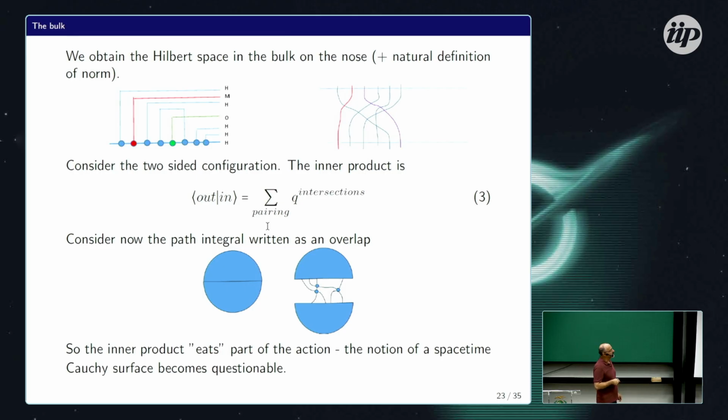Now, unlike the case of a single chord, we do not know how to turn this into an inner product which is diagonal, which is just the identity essentially. That might be a technical issue. One can think about ways of remedying this. But it has an unpleasant consequence,